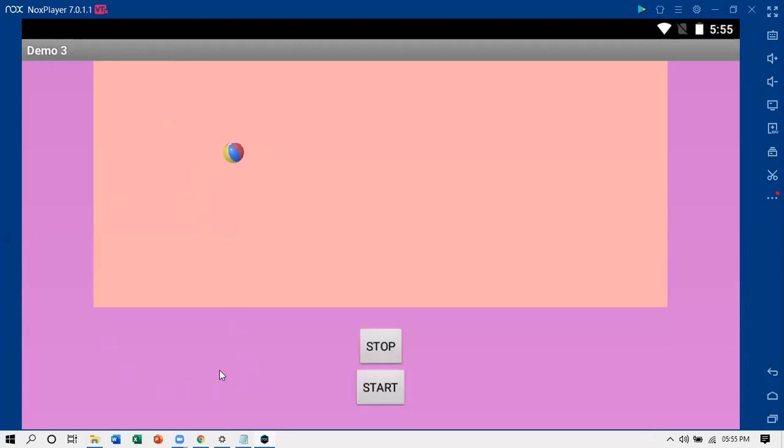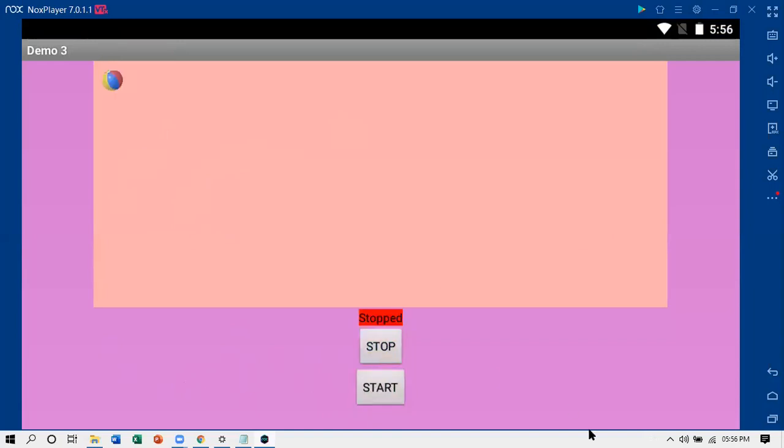Ball is not moving, that means the timer is off. I click on start. Ball is moving randomly on random coordinates within the width and height of the canvas, and the coordinates are being displayed on a label. How this is happening now you can figure out. As start clicked, things started rolling. Stop is simply stopping the timer, nothing special.